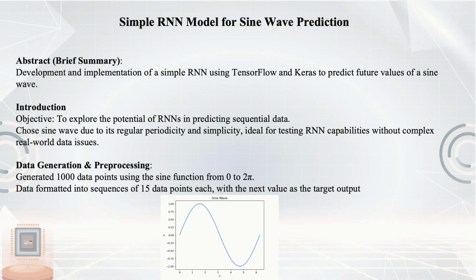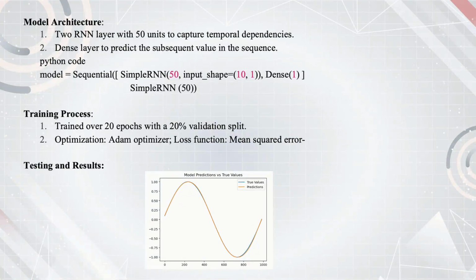So for data generation, the data consists of 1000 data points generated using the sine function over a range of 0 to 2 pi. The data is formatted into sequences of 15 data points each, with the next value as the target output. You can see the diagram here where the sine wave is generated, with the x value on the horizontal line. Now let's go to the next slide and talk about the